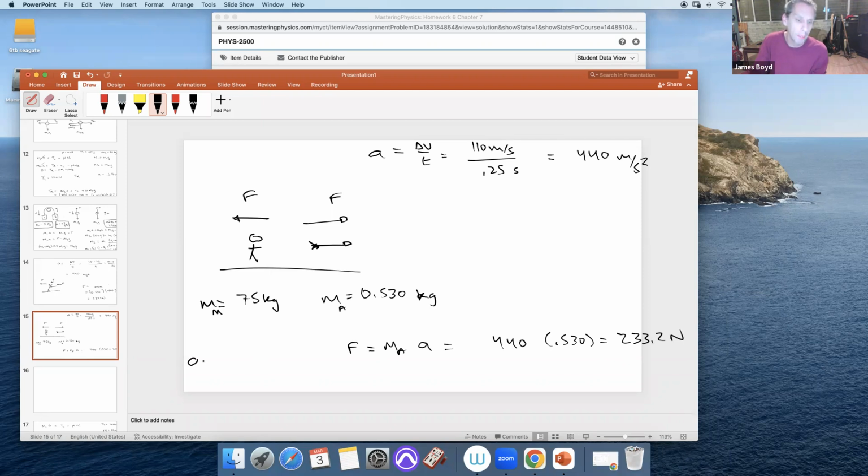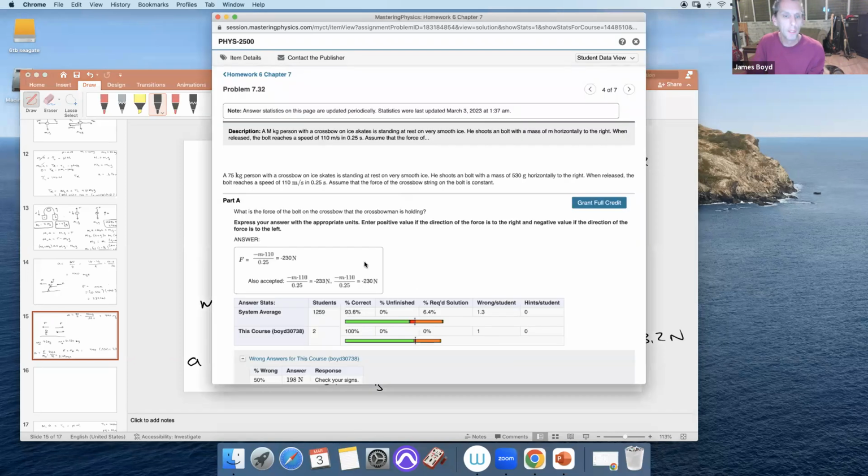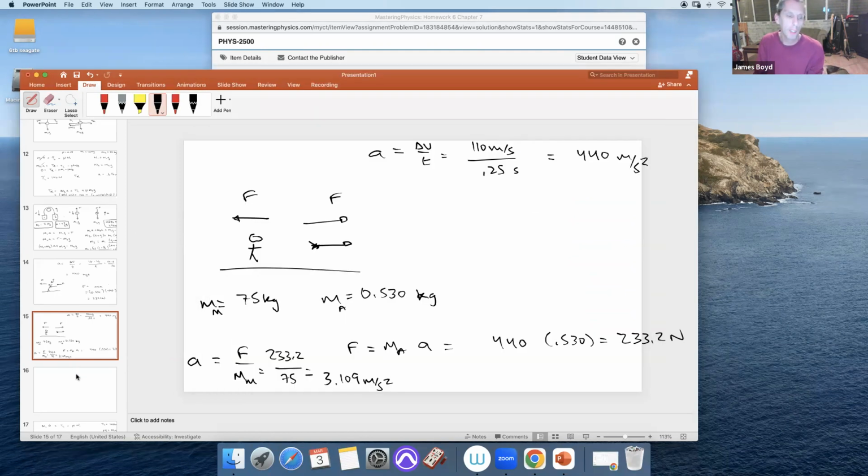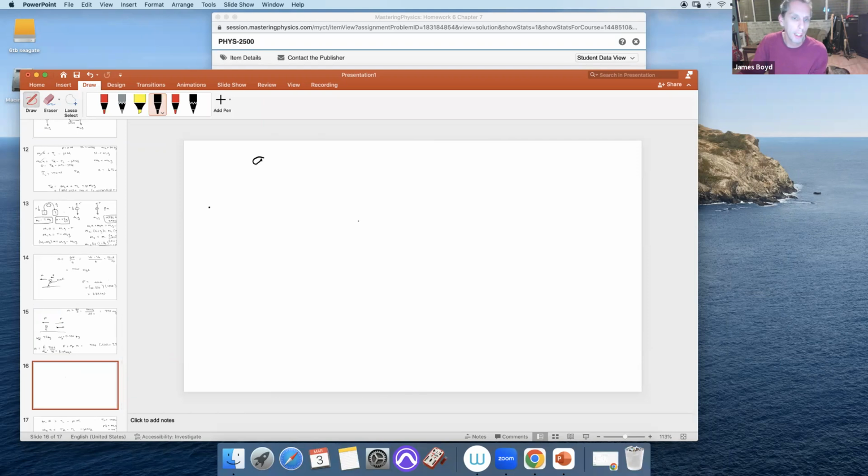What is the acceleration of the man? a is the force over the man's mass, which is 233.2 over 75. This is 3.109 meters per second squared. And by the way, that force is negative. His final velocity as he recoils, so again, its acceleration is negative 3.109 meters per second squared,